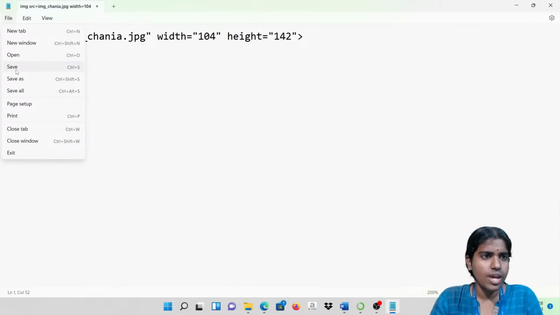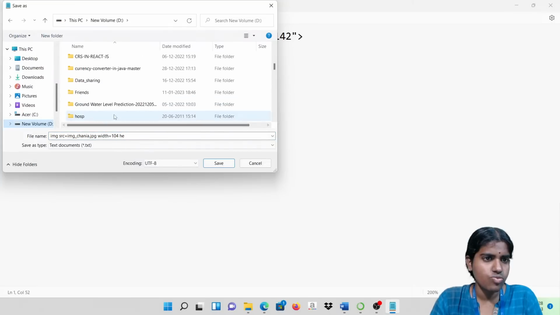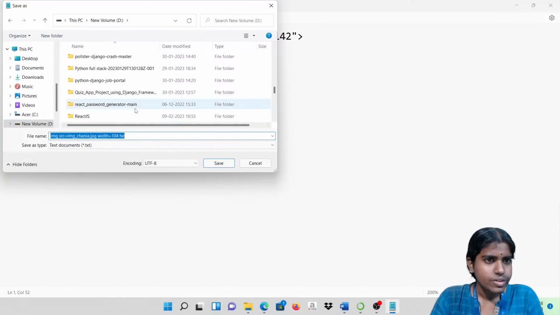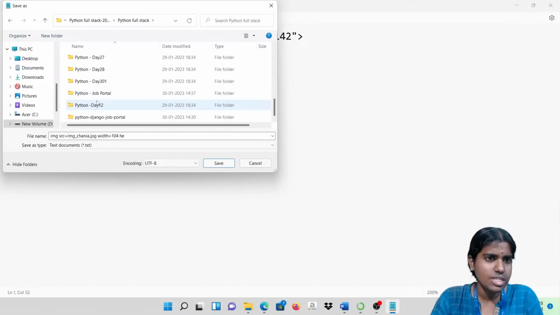If I want to save this, whatever is the name, I am going to save this with the corresponding name here. All these are the different types of tags and attributes available in HTML. Based on my requirement, I can use any of these tags and attributes. I need to save this with .html extension and I can use them anywhere. I can display some images inside my web page. Whenever I want to display some images, I can do it like this.